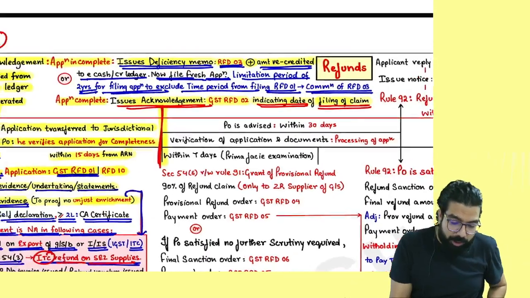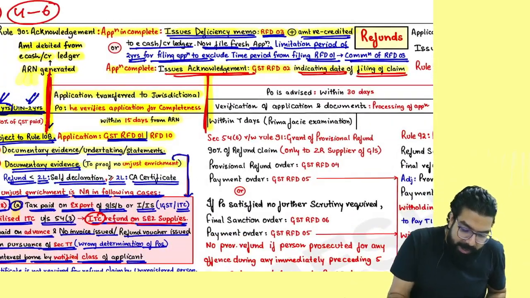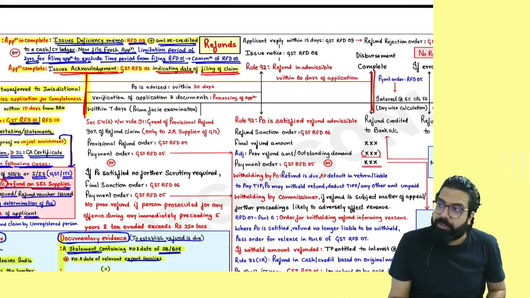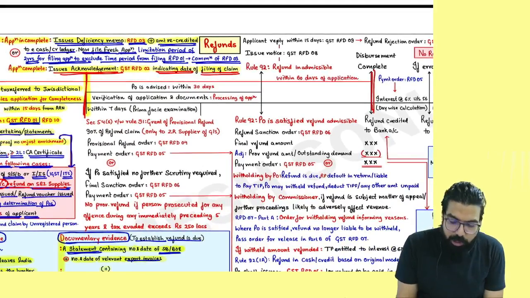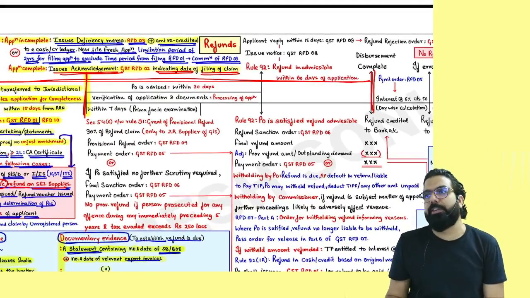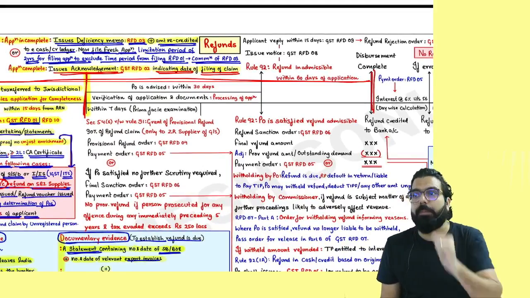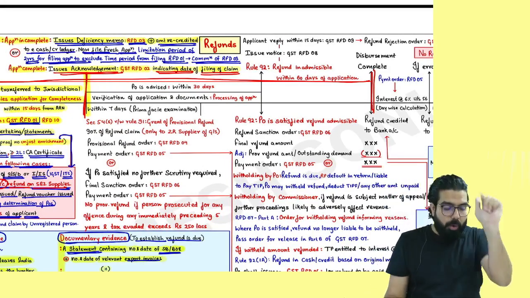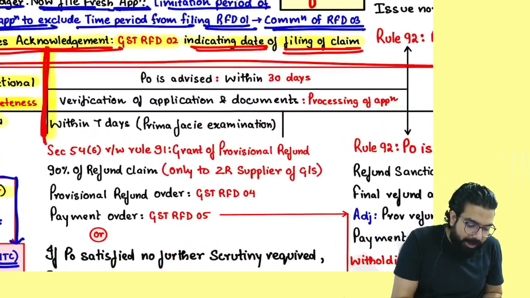That is why they always say the day you filed, from that day, the money will come in your bank account within how many days? 60 days. If it does not come, you will be given interest. Are we all clear till here? Everyone, always remember one thing. Once the acknowledgement is given,